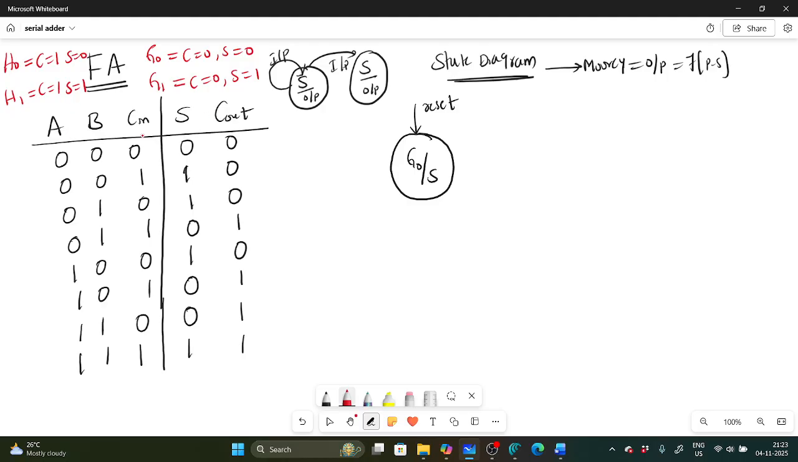Okay, so let us take, this is nothing but carry input. Carry input, let us take G naught. Okay, this is carry in is 0 and sum 0, so this is G naught. And next, this is also G naught. Okay, and next you have carry in is 1 and